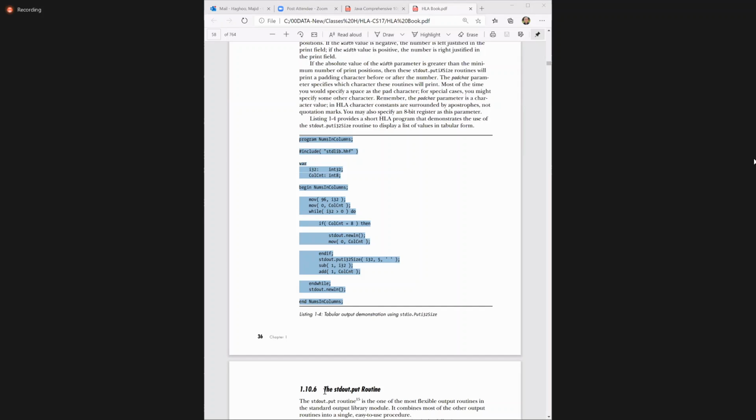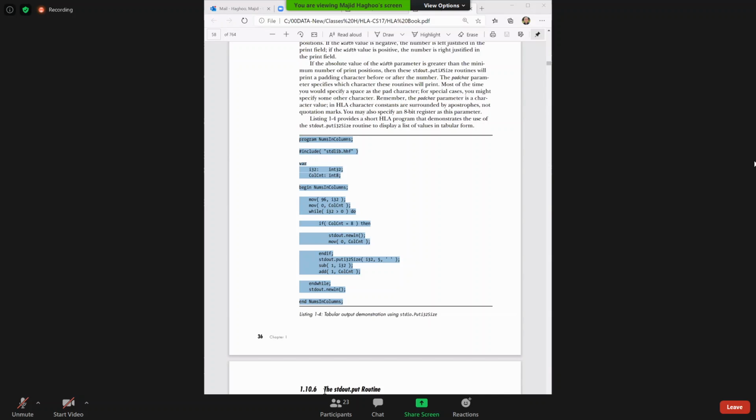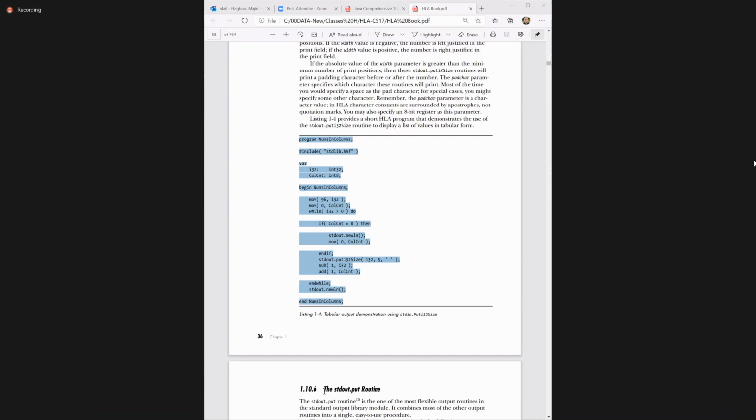I am erasing the previous program from Notepad++. Does anybody need to see that one? I am copying over. Actually, I can make it a new window, just in case. Okay,